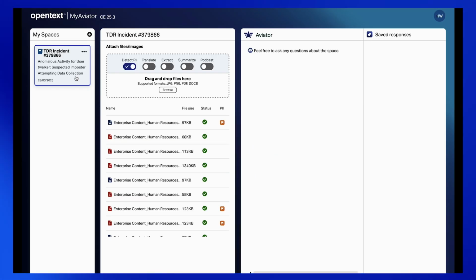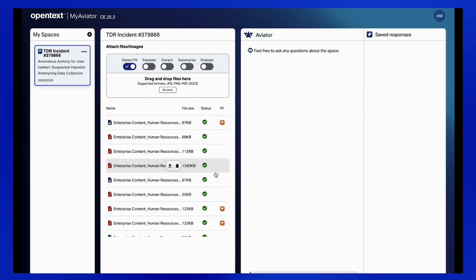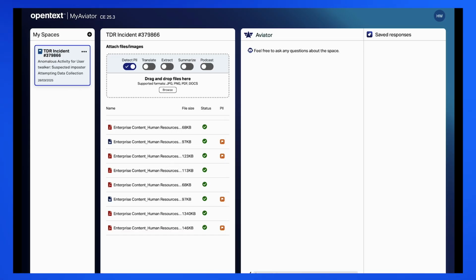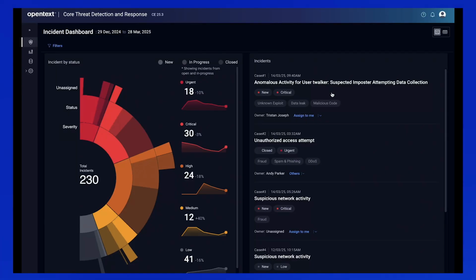And if I look at what's in my Aviator, you can see that it automatically created this incident, TDR incident number 379866, anomalous activity for user Tessa Walker, suspected imposter. And in addition, it has also automatically uploaded all the evidence. And I can see from the PII analysis that, yep, there really is sensitive information in these files. It's done that analysis for me. And of course, if I wanted to do some additional analysis, I always have the option of asking Aviator for more information. So just a fantastic story around